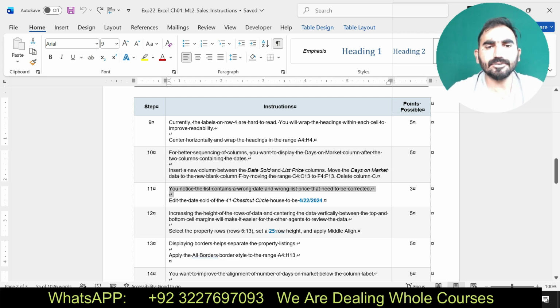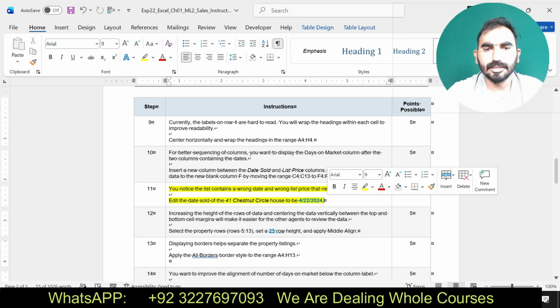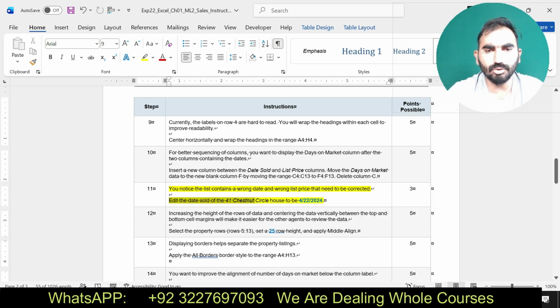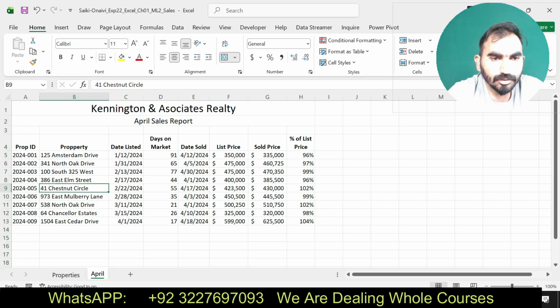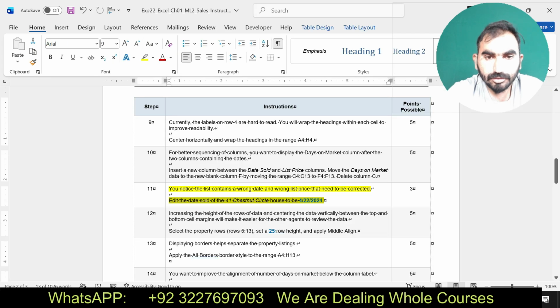Let's say added the date sold. Okay, you can see here added the date sold. Now I am going to move 41 Circle House to be added the date sold, 424.